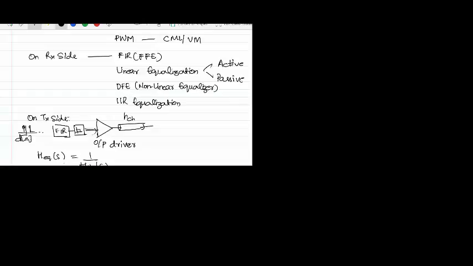Okay, so this is something which you already know. I am not telling anything new here, right? So what you do is you just split it now. Let's say D of k into H of n minus k. So what you are seeing is that the output of a FIR filter is a weighted sum of the input bit stream, right? So you already know what D equalizer of n will look like.